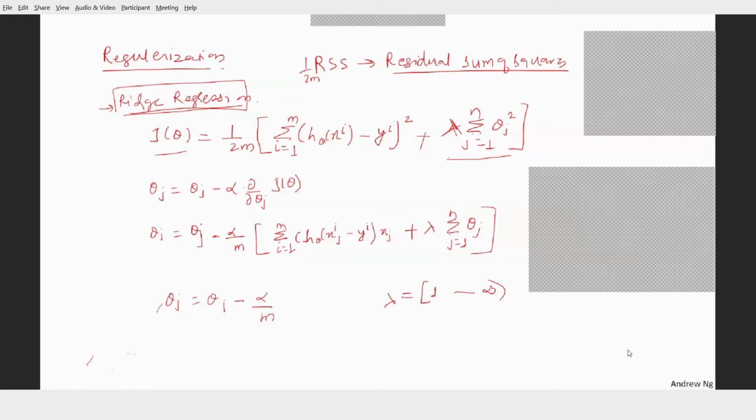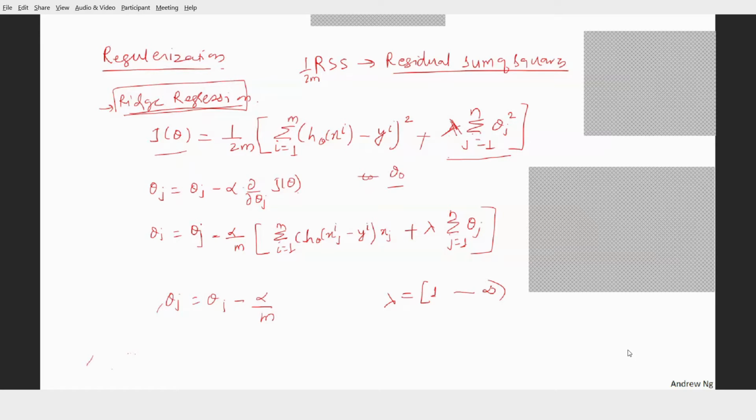And how it does that: if you differentiate it, now I've rewritten that. J(theta) is updated to this ridge regression J(theta), and theta j as usual is theta j minus alpha del by del theta j of J(theta). Now, for this shrinking or penalizing of your regression coefficients, we never penalize or shrink the coefficient theta 0. We never do that. Now, what is the reason for that?